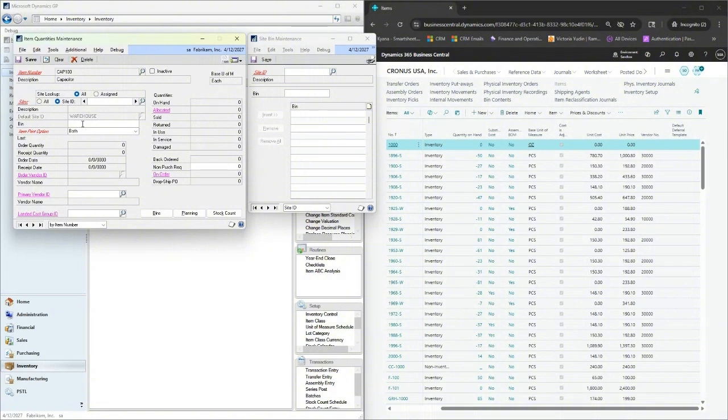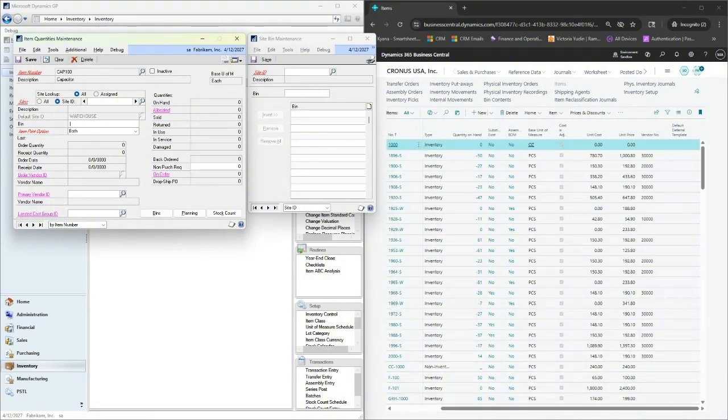All right, here. So this particular field is only informational, meaning non-transactional in GP. If you are going to use bins in GP where you actually want to transact on those bins that do not have any financial impact, then you would have to turn on bins in your GP system. In this particular environment, for me, bins are not turned on. So I would have to create a site bin relationship. Right, let me see. I do have